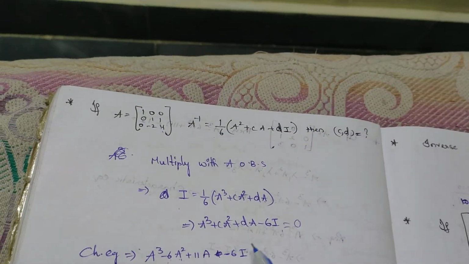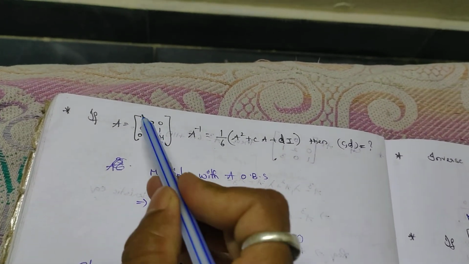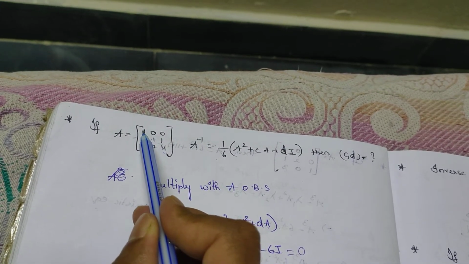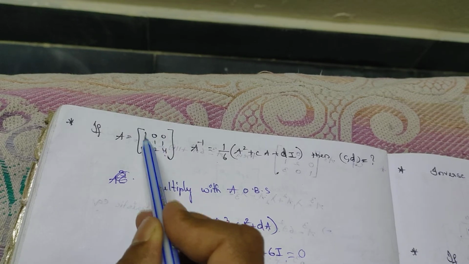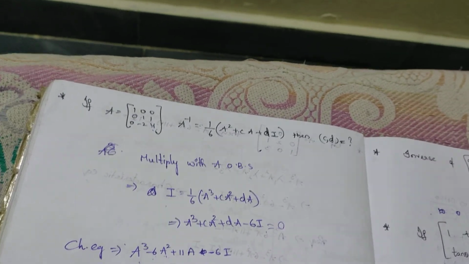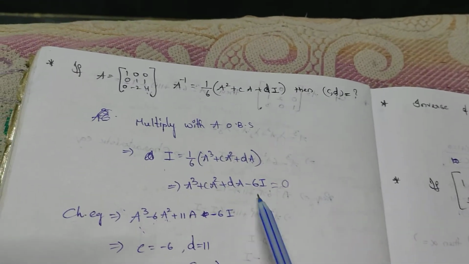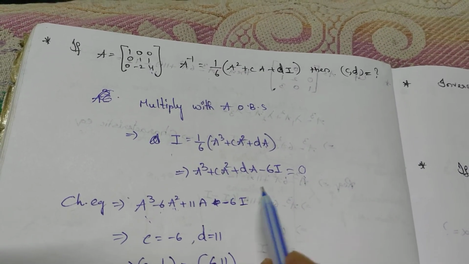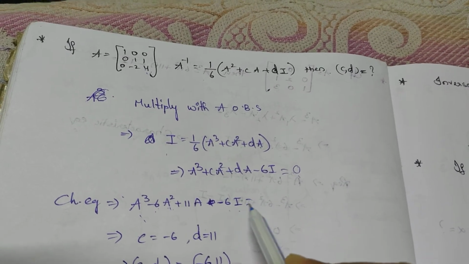Minus lambda 3 means the determinant of the original matrix. So for the original matrix, through this row it is plus 1 into, leaving the row and column, 1 4s are 4 minus minus 2 plus 2, so 4 plus 2 is 6. So that means minus 6I is equal to O.